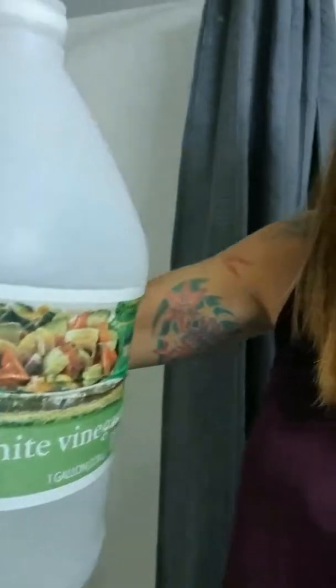Cold water is what you want to rinse them with, and you want to use about a cup of white vinegar, which most people have on hand. I have this giant jug of white vinegar. Didn't cost me very much, and I am just putting in just a little bit to set in the color. So I'm just going to rinse this out in the cold water. And some of that tea color you will lose, but